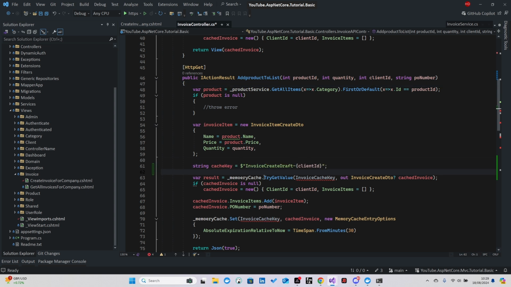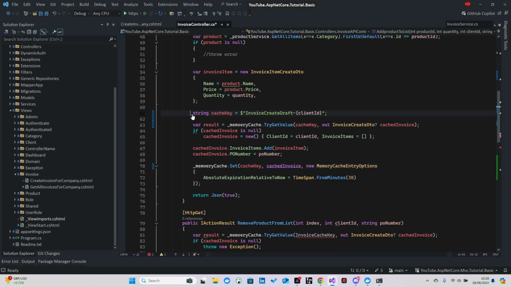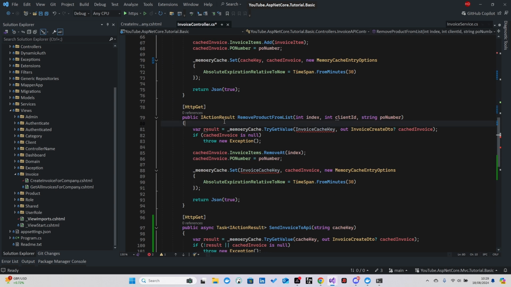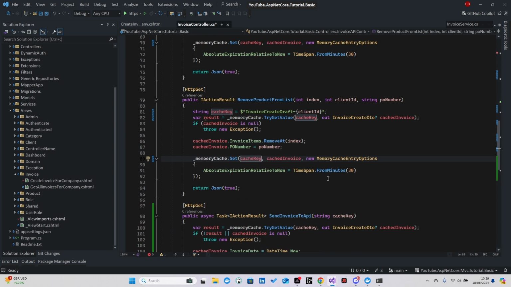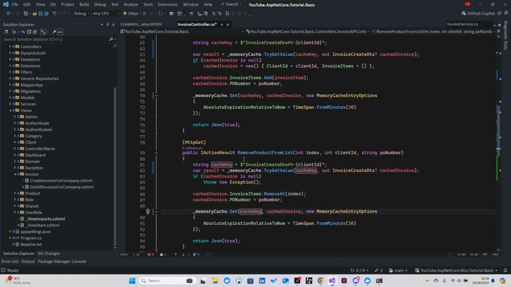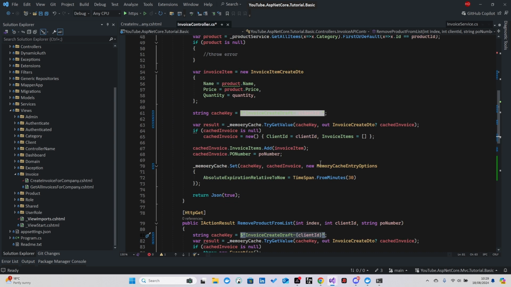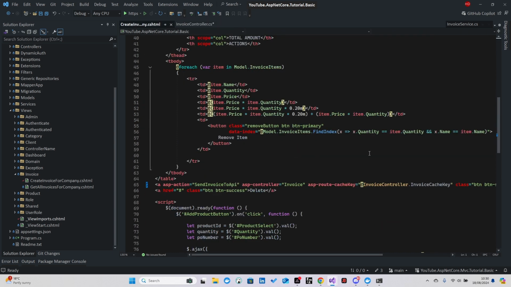We have client ID here, invoice create draft. Let's use this cache key. Okay, let's add it here. Perfect. So we need to use this cache key as well for the